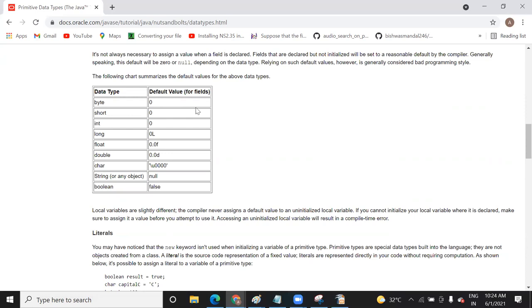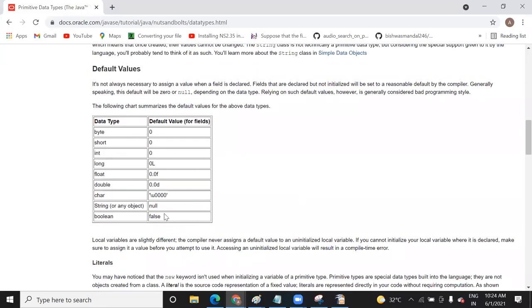For string, it will be null, and for any object it will be null, and for boolean it will be false, because zero is false and one means true.